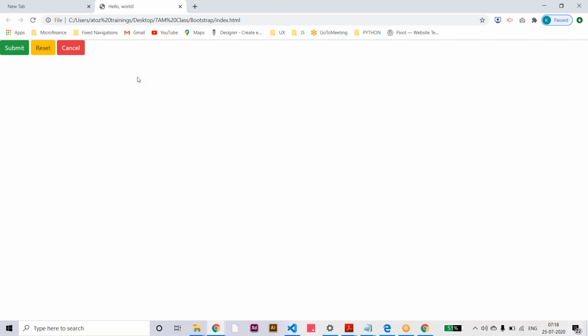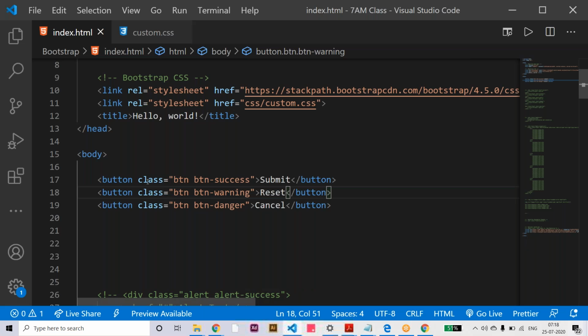Button group class means it's like one button, but if you click the submit button it is separate, if you click on reset it will be separate, cancel is separate like that. So for this we have the button group class as well. Let me check.